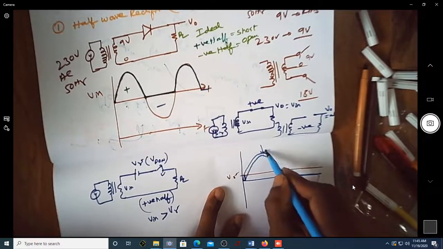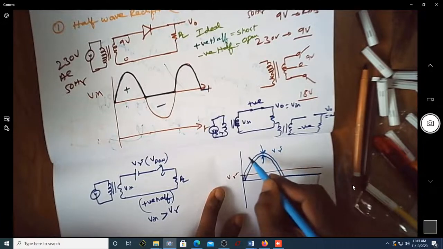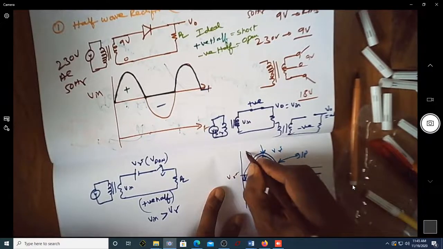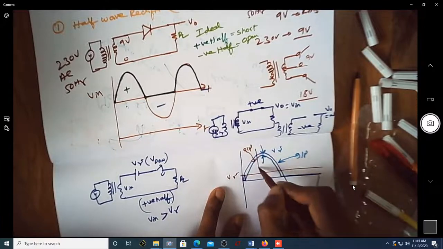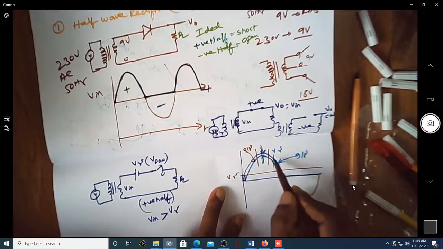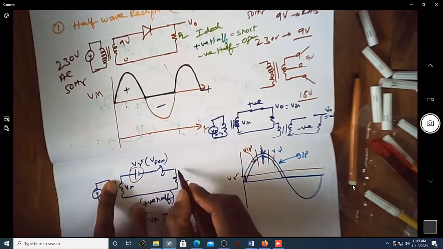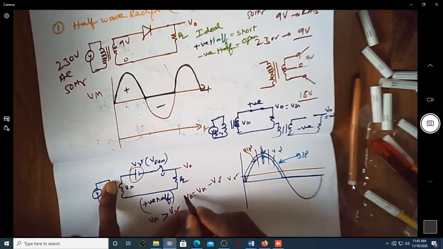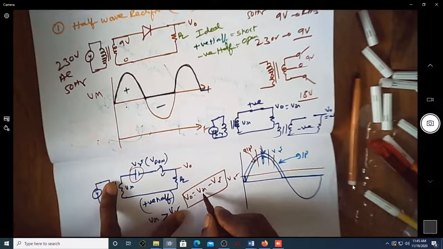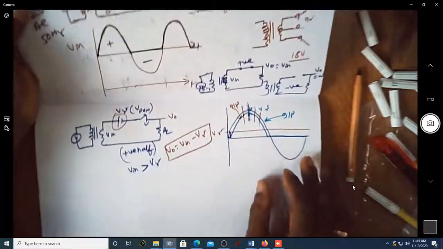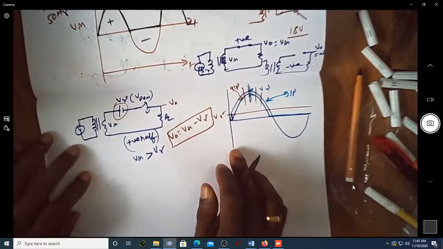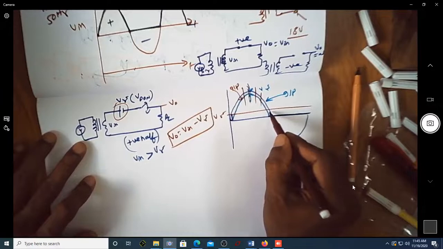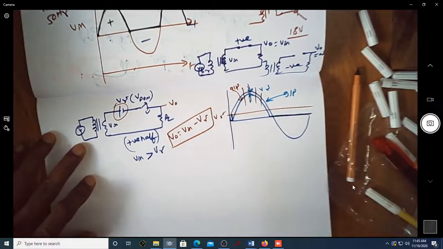So at each and every point there's a difference of V gamma between this, your input voltage, and of course this, the output voltage. At each and every point, the difference between input and output is always this V gamma. So this is your V naught. V naught I can write as V in minus V gamma. So the output voltage is always less than the input by V gamma, the built-in potential, which is usually 0.7. Of course during the negative half cycle the diode is off. It's not only during the negative half cycle: for any input voltage less than V gamma, the output is 0.